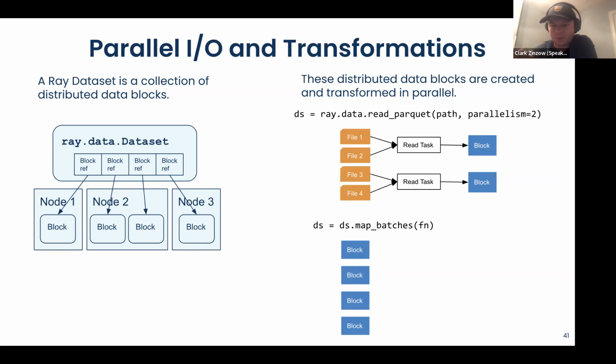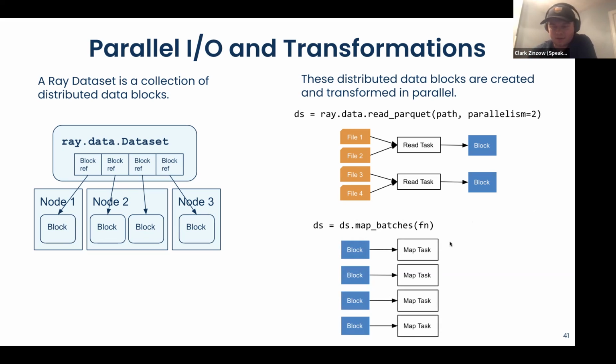This is a parallel batch mapping operation. Let's say you have 4 blocks and you call map batches and map some UDF over it. Maybe it's creating a derived column, a little pre-processing operation. Maybe it's doing some simple augmentation to the data, or maybe this is your inference function.